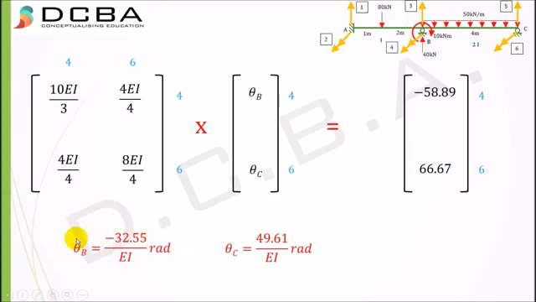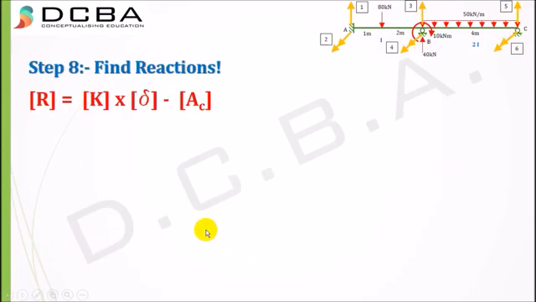Now, after we have found these two, that is theta B and theta C, these are basically the unknown degrees of freedom. If you ask me the degrees of freedom for this beam, then it is 2, because we just need to find theta B and theta C, and these two we have found out. Now we need to find the reactions. Final step to find the reactions: